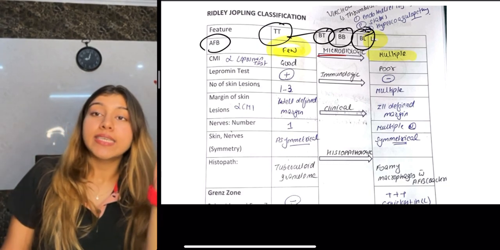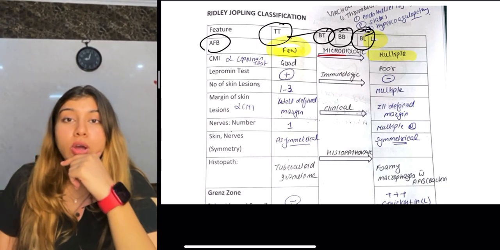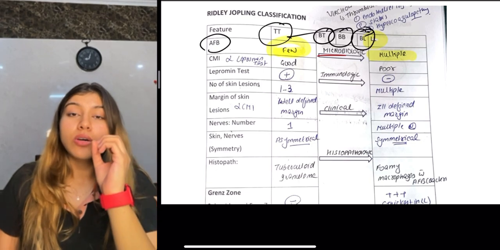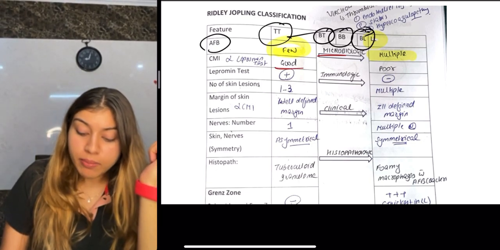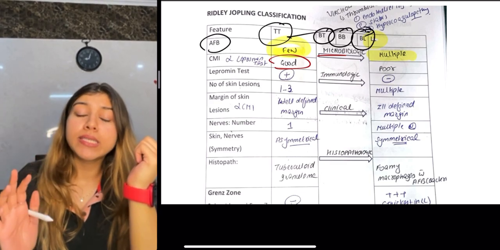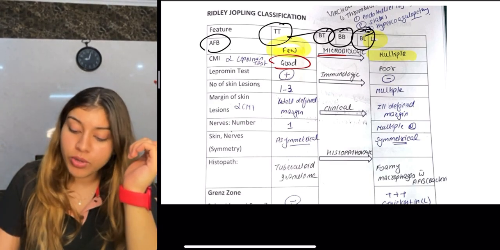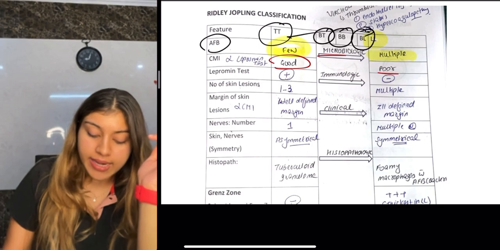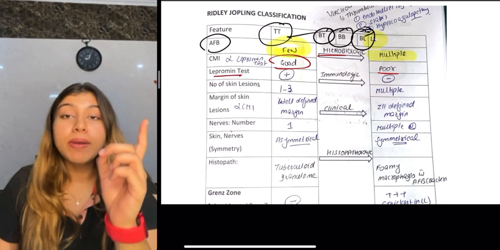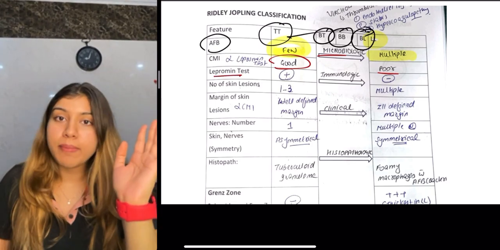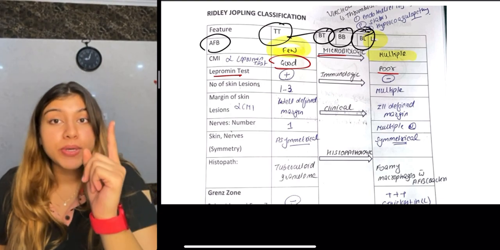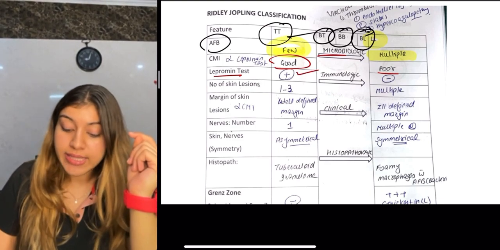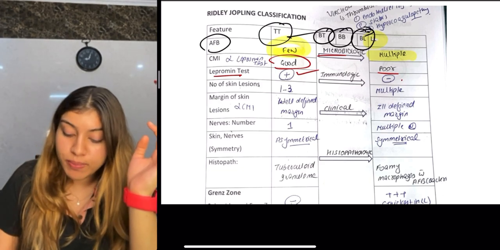Next is your cell-mediated immunity. We already spoke earlier that the course of your tuberculoid type is good, so obviously the cell-mediated immunity over here is going to be good, but in lepromatous leprosy the course is poor, so the immunity also is going to be poor. Next is your Lepromin test. Your cell-mediated immunity is directly proportional to your Lepromin test. So your Lepromin test in patients with tuberculoid type is going to be positive, whereas in lepromatous leprosy it is going to be negative.